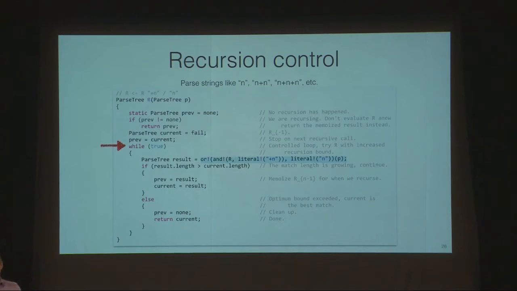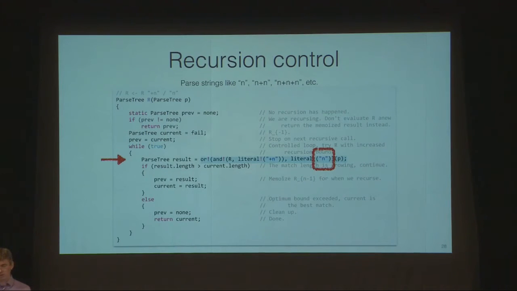Now we start recursing. We note down the result for the next iteration, which actually calls back into R. Because pref is not none anymore, the value of the previous iteration, fail, is returned immediately. So result gets to match the first n,